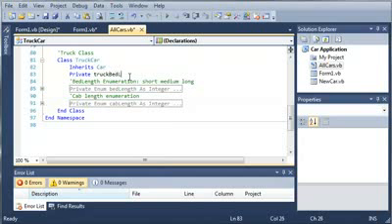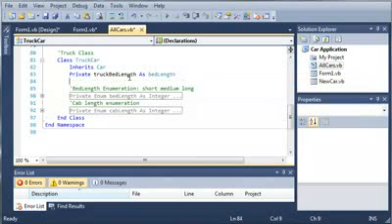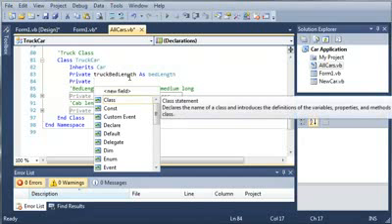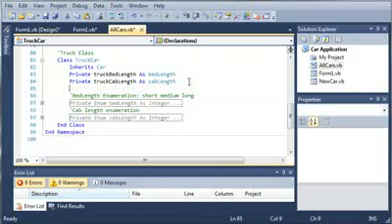truck bed length, and then we'll do it of type bed length, so as bed length, and then we'll go ahead and do the cab length. So private truck cab length as cab length. Okay, so now we've got two data types of our enumerations that are going to store some information about our truck. So what we need to do is create some properties that will allow us to get these and set